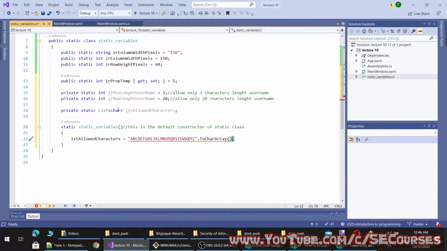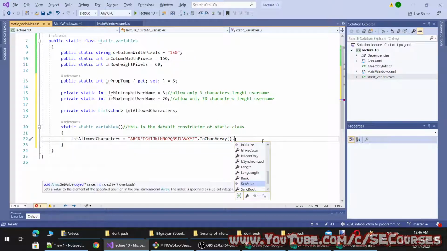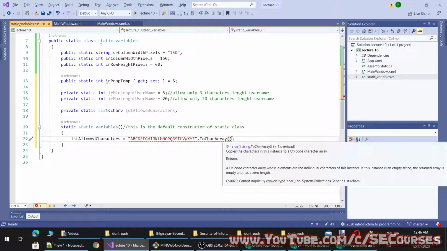I can make this an array, by the way. I don't have to make it a list. But if I make it an array, I cannot modify it. Let's make it like this.